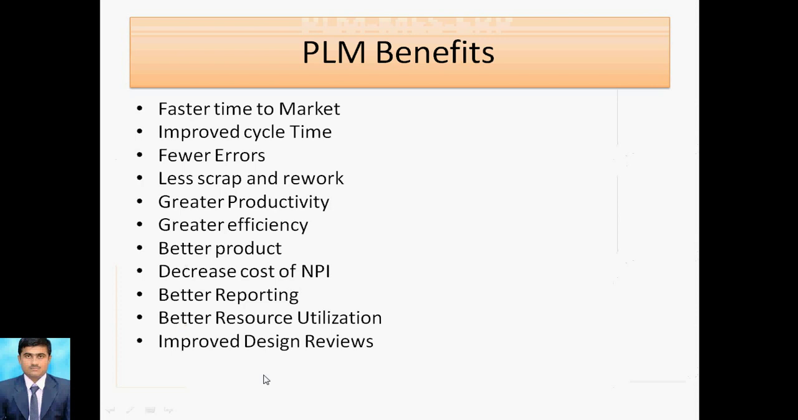Now we move to the PLM benefits. Here the benefit is faster time to market while launching the program, or you can say launching the product, and improved cycle time. While using the PLM method, we can improve the cycle time. There are fewer errors after you are using PLM, less scrap and rework, then greater productivity, greater efficiency, better product, decrease